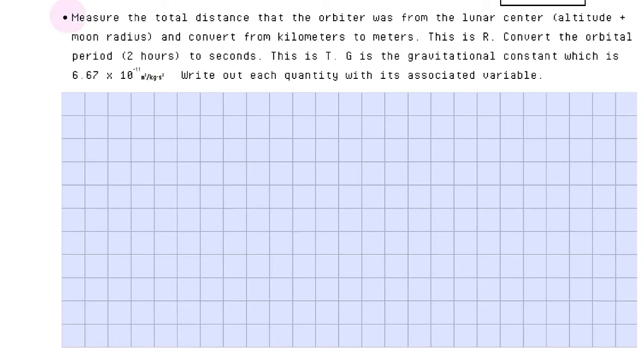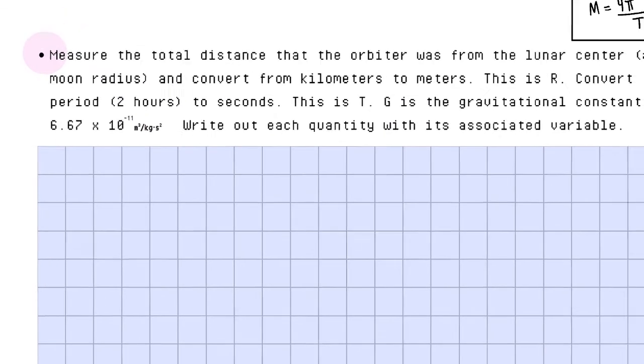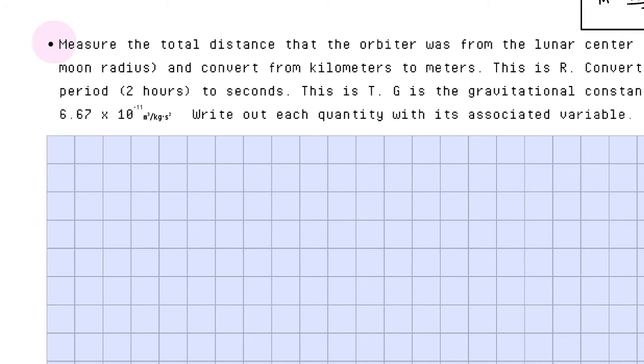Part 3. Measure the total distance that the orbiter was from the lunar center, so the altitude plus moon radius, and convert from kilometers to meters. This is R. Convert the orbital period 2 hours to seconds. This is T. G is the gravitational constant, which is 6.67 times 10 to the negative 11. Write out each quantity with its associated variable. All right, so R,